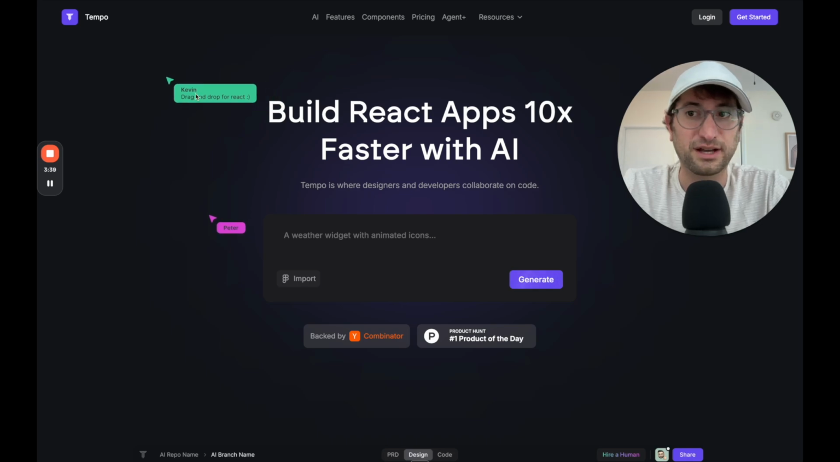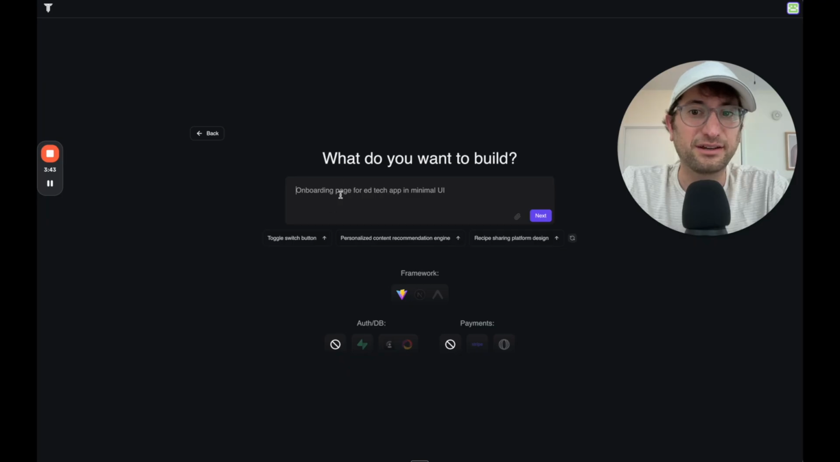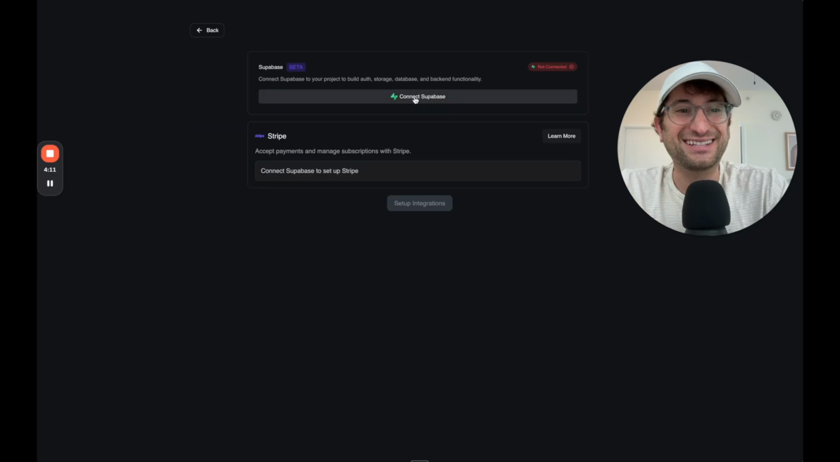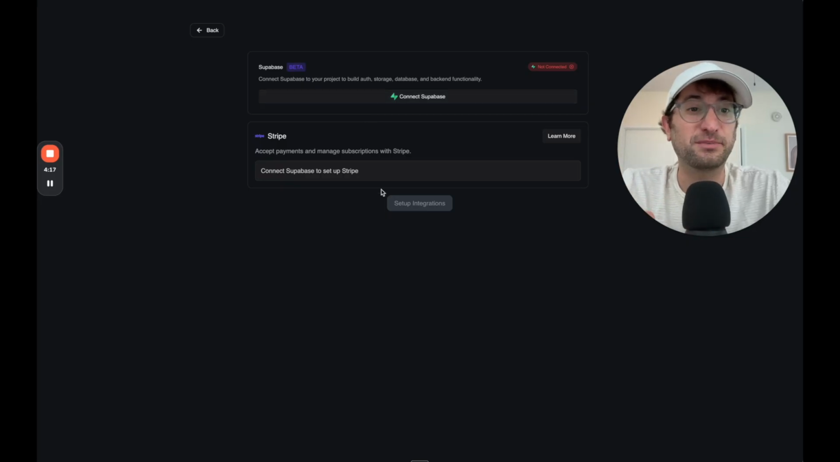And the first tool I'm going to talk about is Tempo. So that's tempo.new. What I like about Tempo is here, when you ask Tempo what you want to build, so here we are logged in. Let's say we just choose one of their pre-templates here, a recipe sharing platform. What's really nice is here you can choose your authentication and you can choose your payments built in. So when you do this and you set up your database and your authentication before you actually start your app, Tempo has native integration into both Supabase and Stripe to allow you to build that payments and database and user